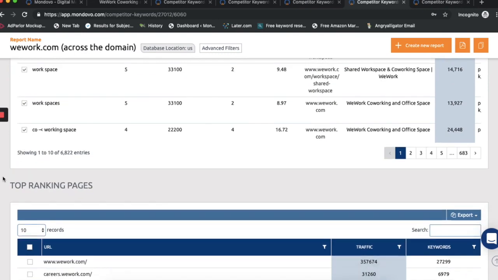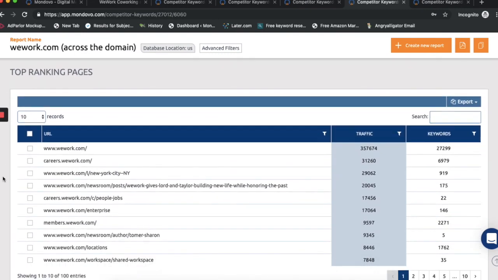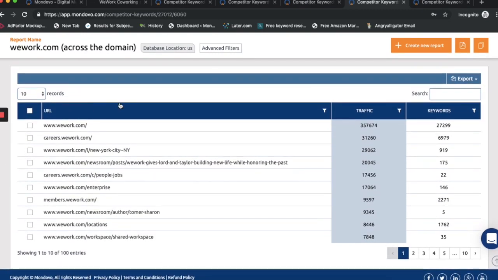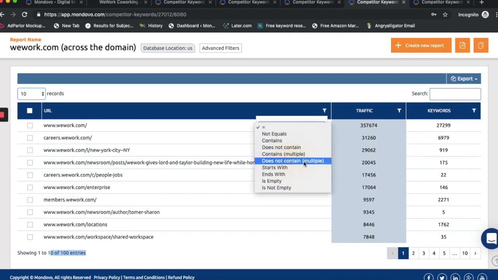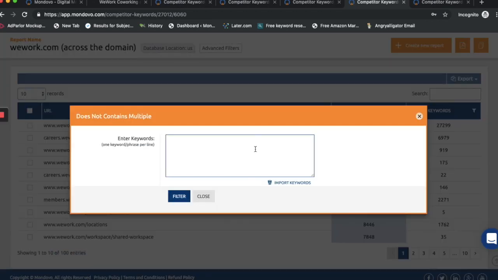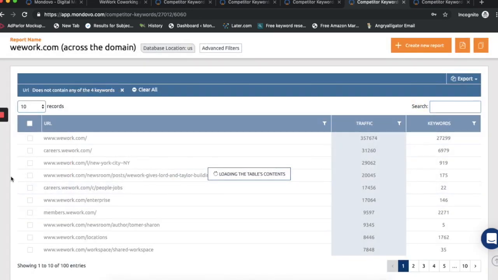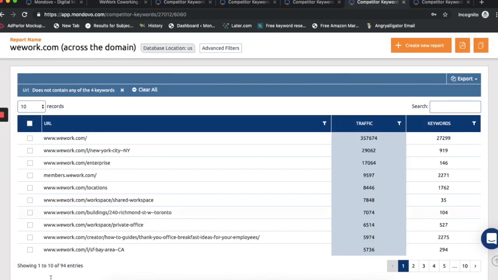Now, let's take this one step further. And if we scroll down, we can see what are the top ranking pages for the site. Now, there are still 100 pages. So let's filter to remove the pages that we don't want. So again, exclusion list, career, jobs, post, news. Let's just do these and see what the result becomes. So from 100 pages, we've come down to